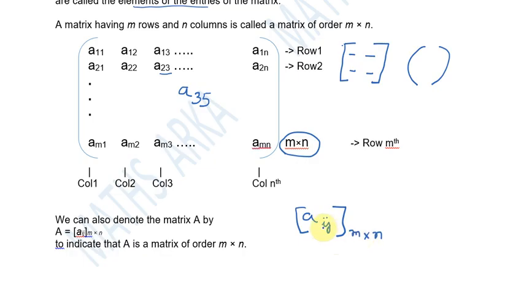i is the first thing, to denote the row number, and the second is for the column number. So if we talk about i, the range would be, i would start from 1 and go till m. The value of j would start from 1 and go up till n. So this is one short notation for the same matrix of the same order. These can be considered to be equal.